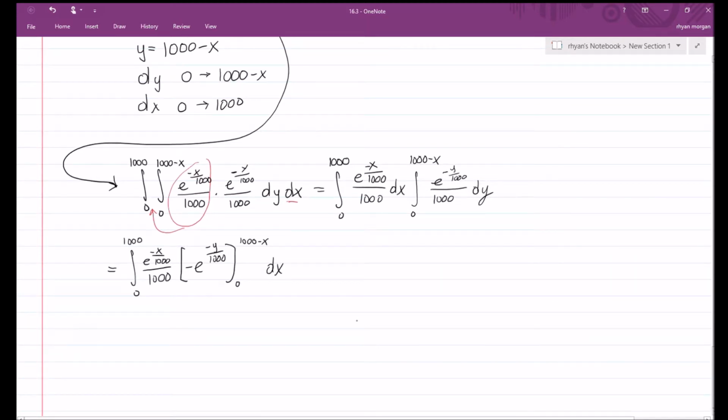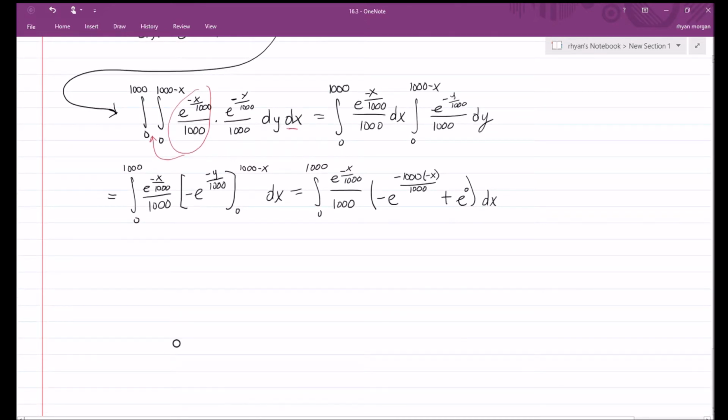dx, which is then equal to the integral from 0 to 1,000 of e to the negative x over 1,000 divided by 1,000 times negative e to the negative 1,000 minus x over 1,000 plus e to the 0 dx, and that'll be equal to the integral from 0 to 1,000 of e to the negative x over 1,000 divided by 1,000 times 1 minus e to the negative 1,000 minus x over 1,000 dx, which is equal to the integral from 0 to 1,000 of e to the negative x over 1,000 over 1,000